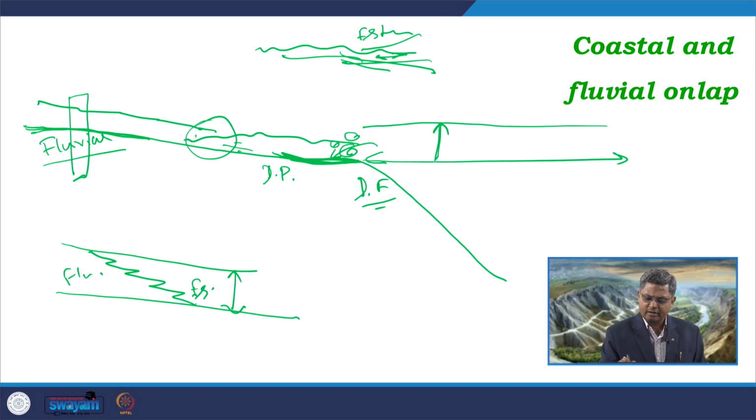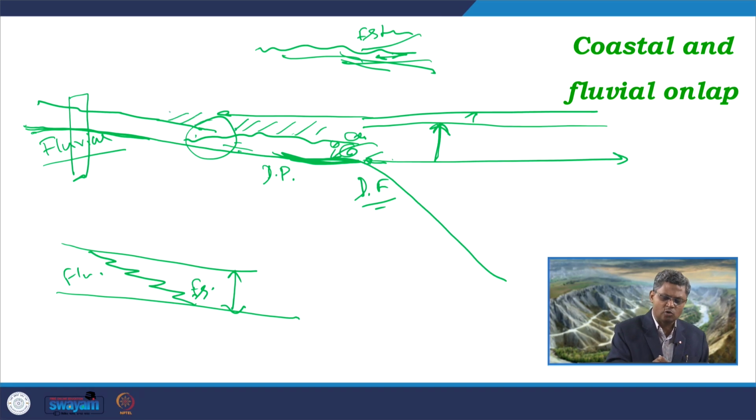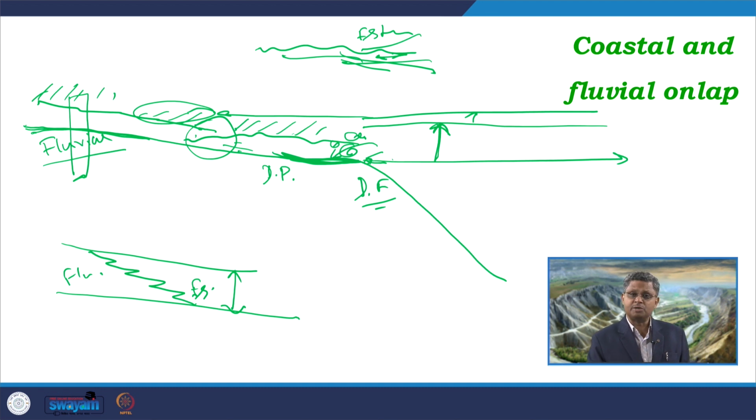When this base level rise will continue further, we will get further transgression, and on this estuary now the coastal sediments which were not getting deposited so far will try to get deposited over here, and the estuary system will go back in this area, and finally here we will get the fluvial system. So, what will be the distribution pattern now if this is the transgressive package or the onlapping package now forming at the late phase of the TST.